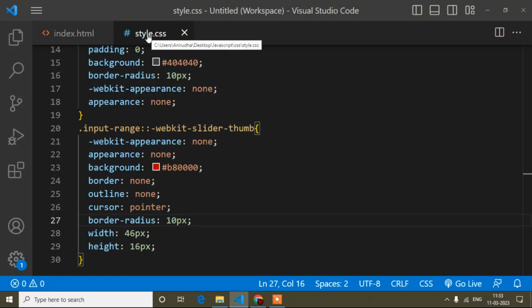I wrote style here, but you can change it and write anything, but the extension .css is mandatory, because you are using a CSS file. The same way if you use a JavaScript file, you can write the file name as per your choice, but you have to write .js, that is mandatory.